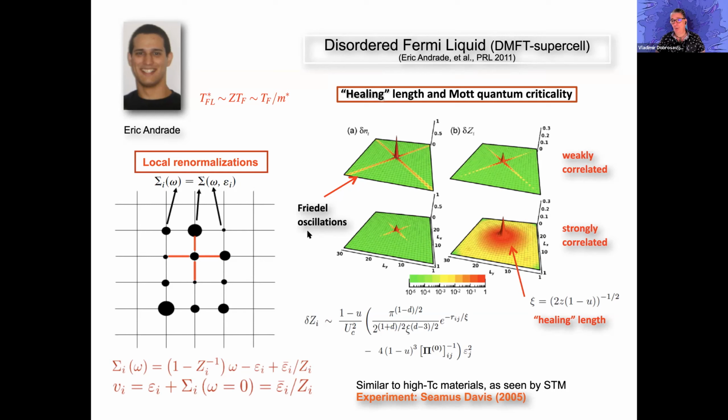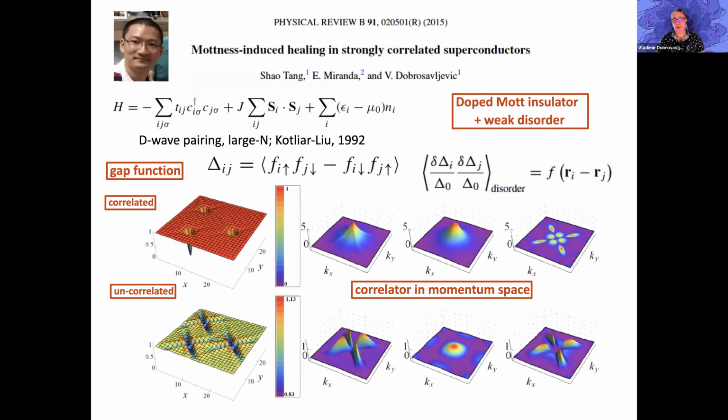Much more work is needed to test how robust this prediction is, theoretically or experimentally. We addressed this, some of it theoretically. We want to know what happens if you take a strongly correlated superconductor, like this t-J model of Kotliar and Liu, and the large N approximation, where you basically have something like DMFT. You can solve this analytically for weak disorder, and you find that the superconducting order parameter also shows something like Friedel oscillations near impurities in the weakly correlated BCS limit. But once we turn on strong correlations, then again we find healing, and the order parameter is influenced only near the impurity, and most of the space is not affected.